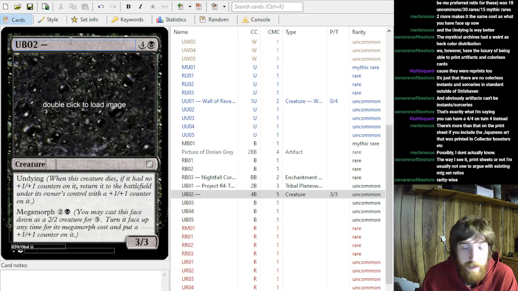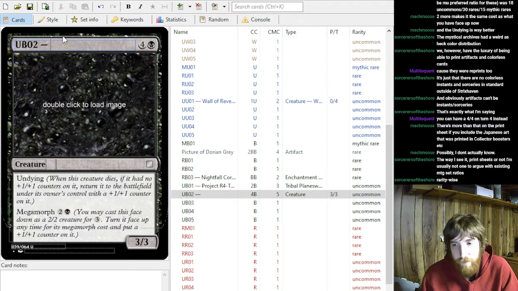Now, there's generally always 53 rares in a set and now 20 mythics. Unless they have flip cards, that always throws off the math. Sorry, double-faced cards. I'll stick with that. That makes sense to me. But